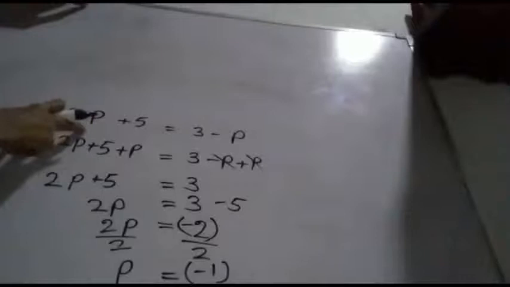Now check when p is equal to negative 1. We substitute p is equal to negative 1 into the left hand side. 2 times negative 1 is equal to negative 2. Negative 2